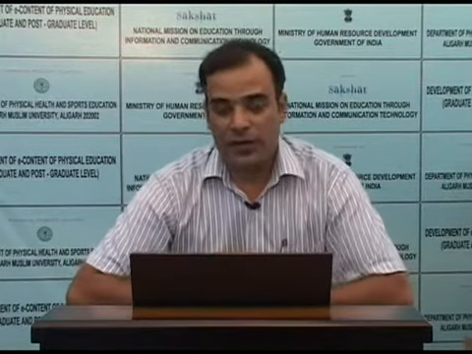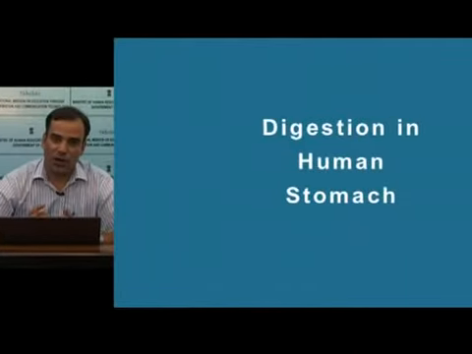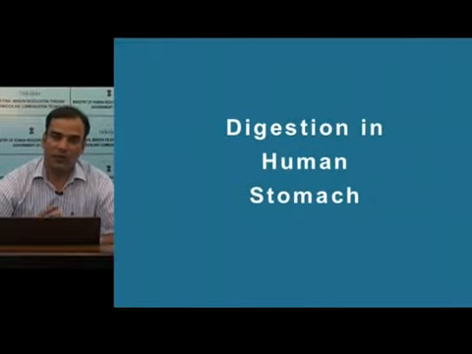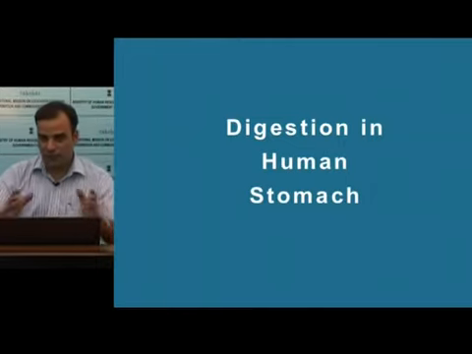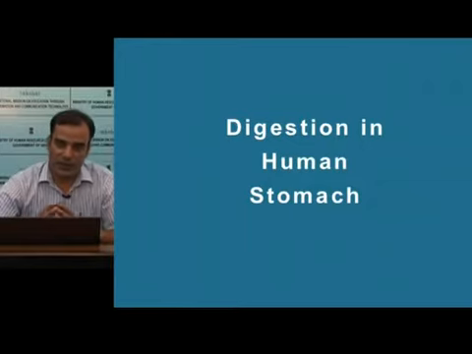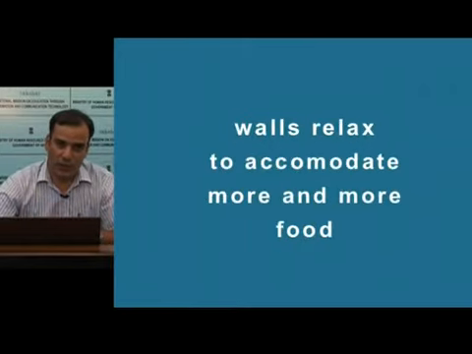Apart from accommodating food, it is very important that the walls of the stomach get relaxed, because if the stomach walls remain tonically constricted, what will happen? The more and more food reaches the stomach, it will increase the intragastric pressure. Now this increased intragastric pressure will lead to the reflux of food back into the esophagus, or it will lead to the quick emptying of the stomach into the duodenum without food being digested inside the stomach. So here, first in the stomach, its walls relax so that it can accommodate more and more food.